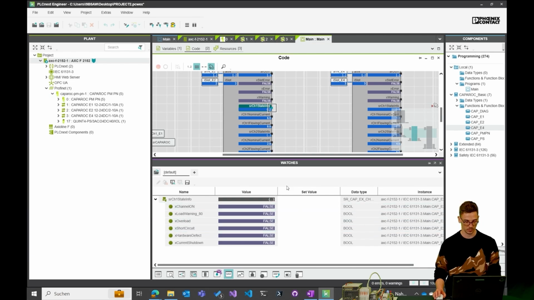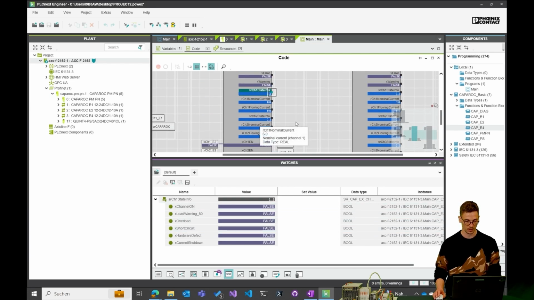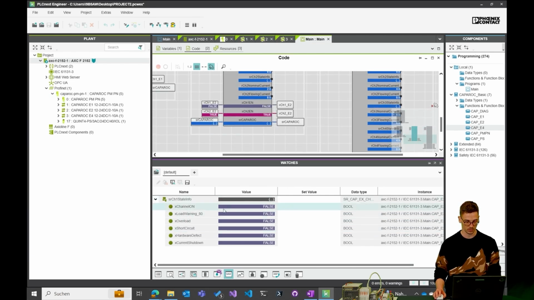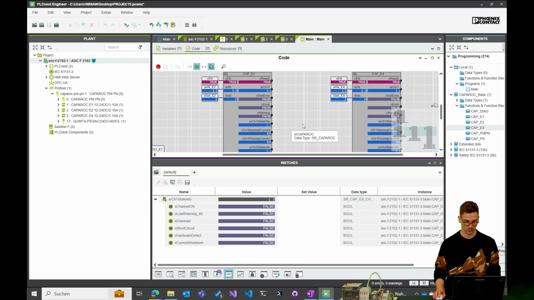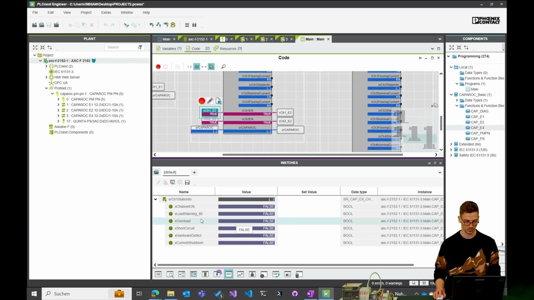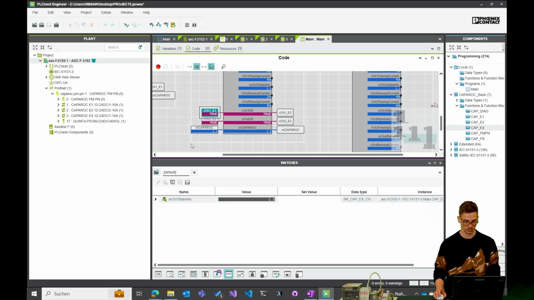You can see this one is just for the channel 2, but I can also turn on the channel 1. This is for the E2. Like you can see, nothing happens.